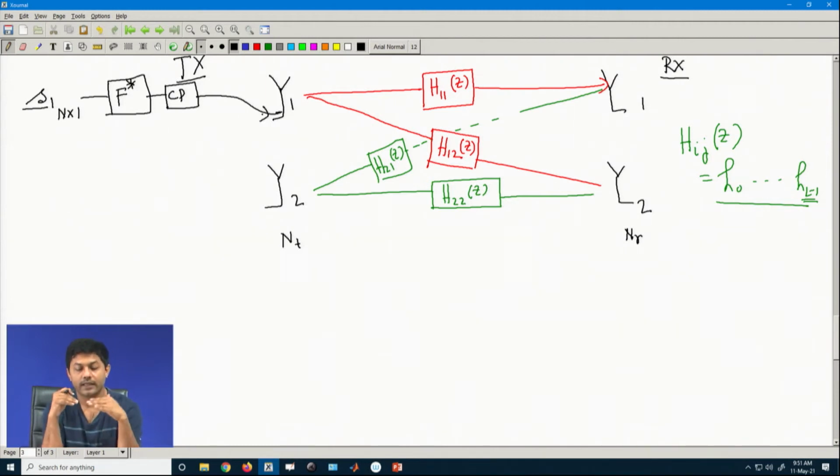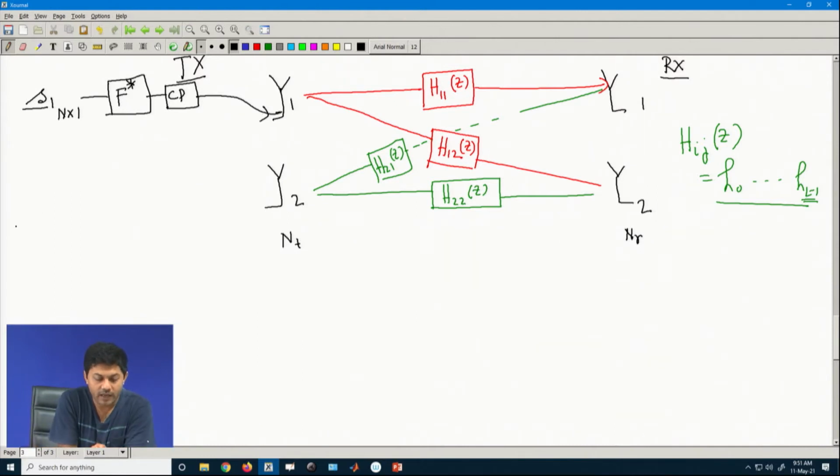So, every antenna is self sufficient from a waveform structure point of view. It is as if you do not consider the Rx part, just consider the Tx part. Every antenna will be feeding their own individual n length data. So, each and every transmit antenna is like one waveform link.